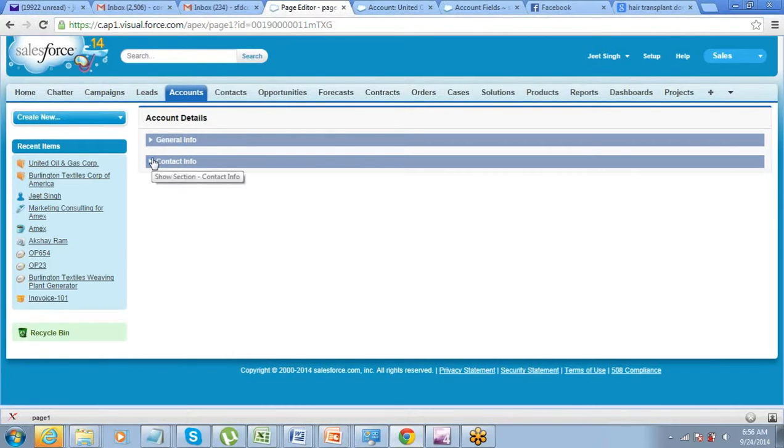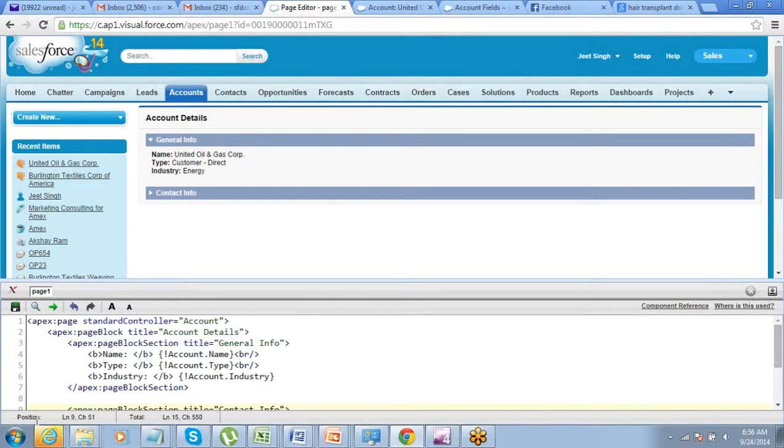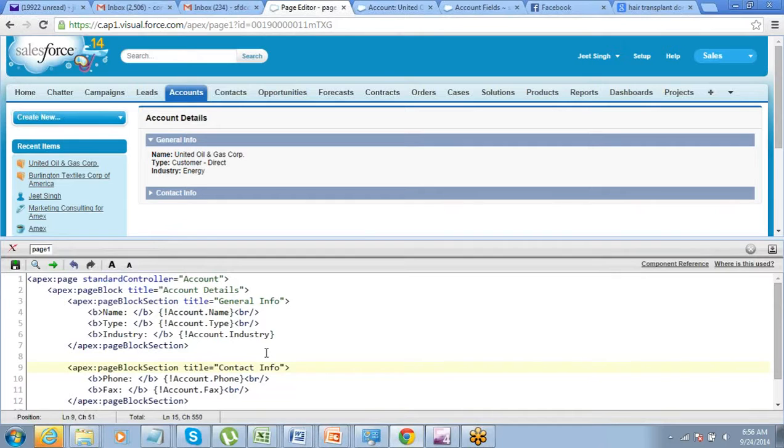In case you don't want to make it collapsible, then you can change the attribute of the section. So in the page block section there is another attribute called collapsible. Make it false. Good thing about Visualforce is you don't have to write the entire thing. You just have to start.